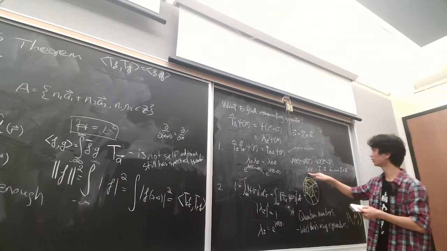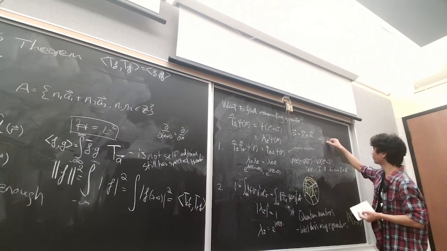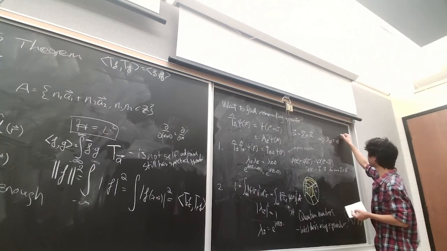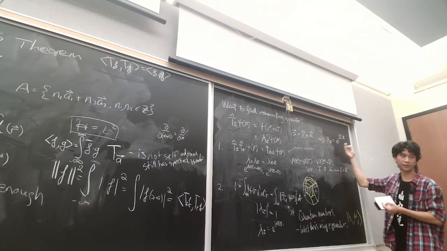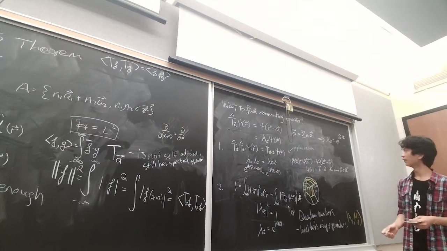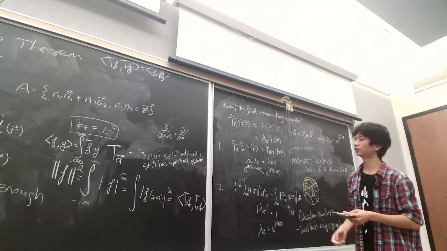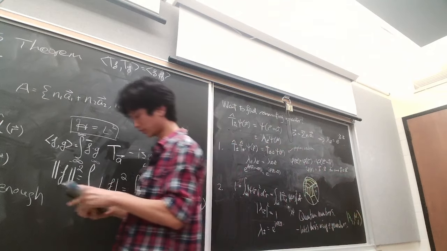Okay, so now we got the eigenvalues are really just something of this form, which looks quite familiar already. It looks like a plane wave. And so yeah, that's the Bloch theorem. The Bloch theorem states